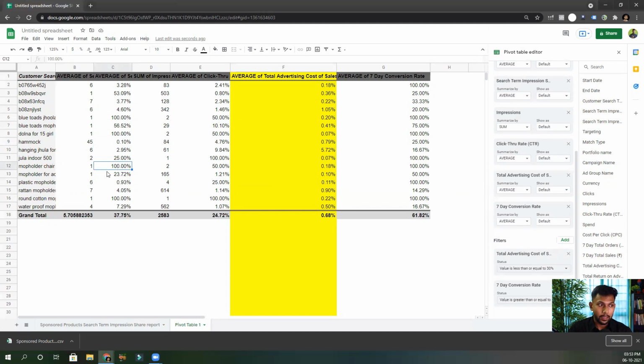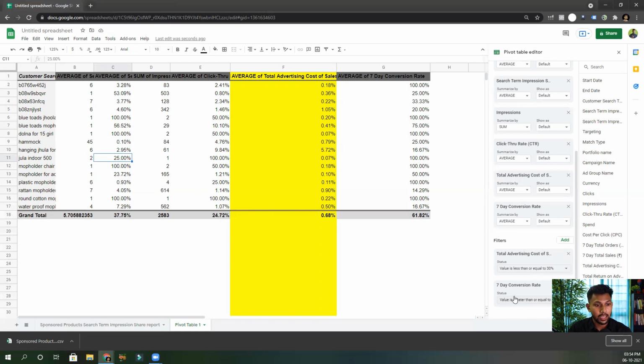So now these impressions are your ads' impressions. How many times is your ad showing? This is the total ads. Out of this total, how many impressions have you got? Suppose this is 25%. That means you are getting 25% of the total impressions available out of all the advertisers. Now, these are not organic. These are how many times your ads are getting impressions.